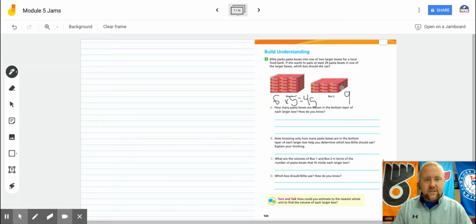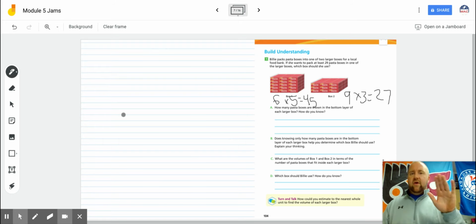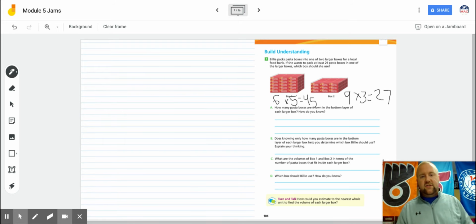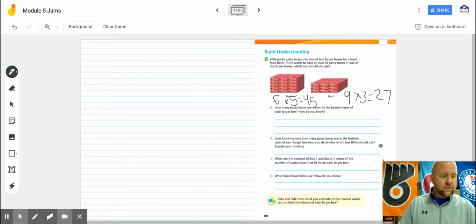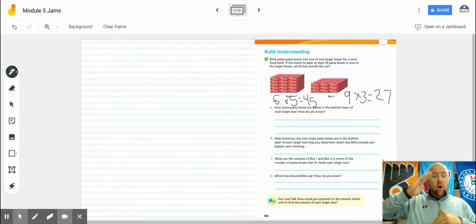And in this one, there is 3. So we have 3 that we're going to multiply by, and that gives us 27. All right. Now, when we look at question B, though, when we're doing the estimating, it says, does knowing only how many pasta boxes are in the bottom layer of each larger box help you determine which box Billy should use? Okay. It can't just be the bottom layer that we know, because we don't know how many rows there